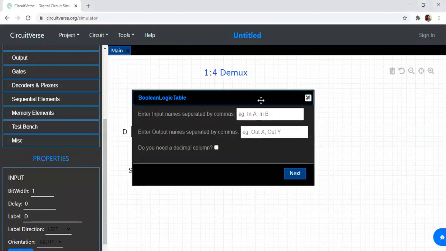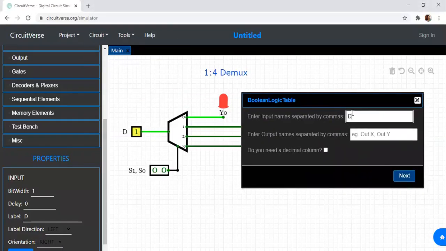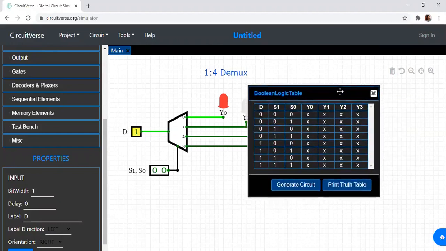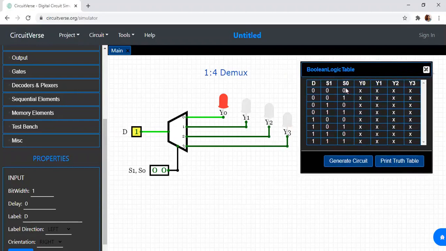So here, how many inputs will I be having? One input is D, there's another input S1, and the last input is S0. And the outputs we have are Y0, Y1, Y2, Y3. Okay, so this is the Boolean logic table we have. Now when D is 0, when S is 0, 0, Y0 will be having the D value.